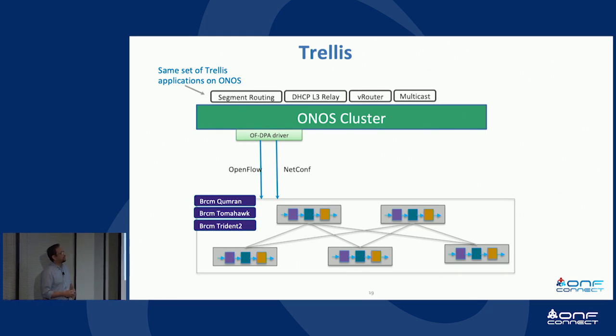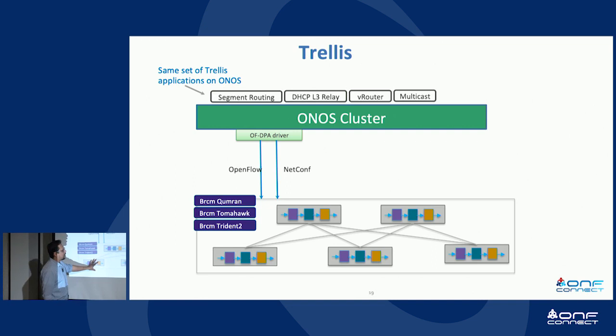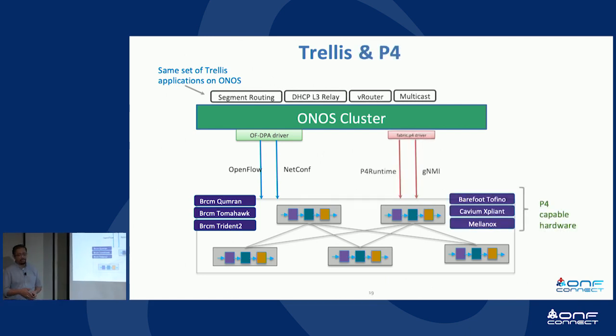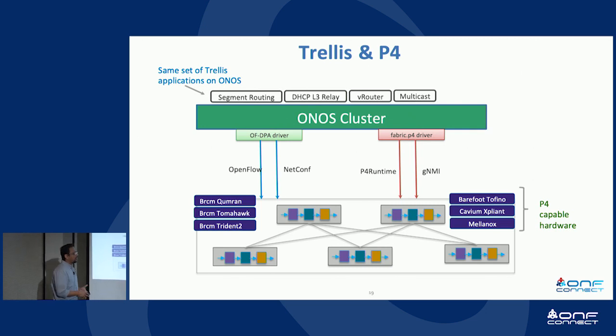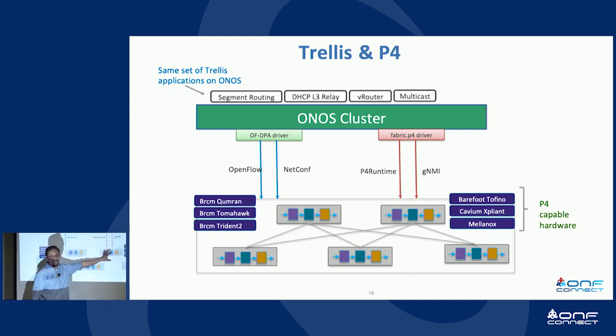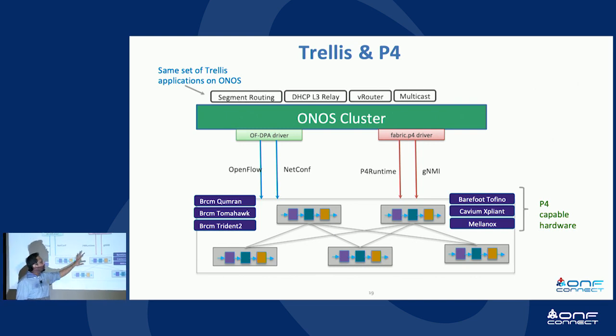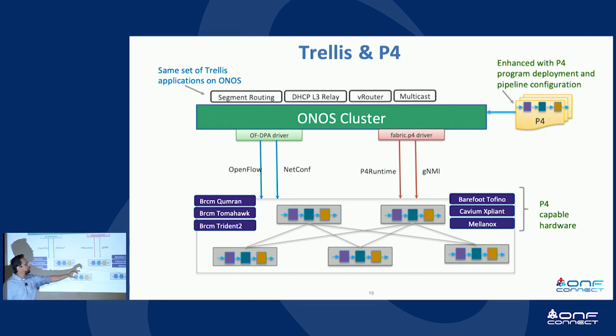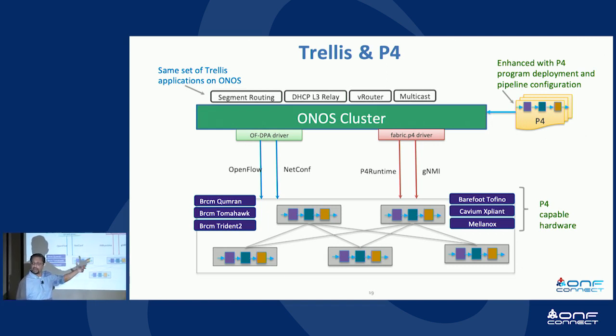What we have done is that, okay, the pipeline that is given to us comes from OFDPA. But what if we want to make some changes to the pipeline? And that's where P4 comes in, right? So there is P4 capable hardware that can be programmed. You can actually make changes to the pipeline for a particular purpose, right? So we have in the past shown, now this will have a different driver than what we use over here, and in the past we have shown that, okay, I can write a P4 program that does the things that Trellis expects and normally does, bridging, routing, and so on.